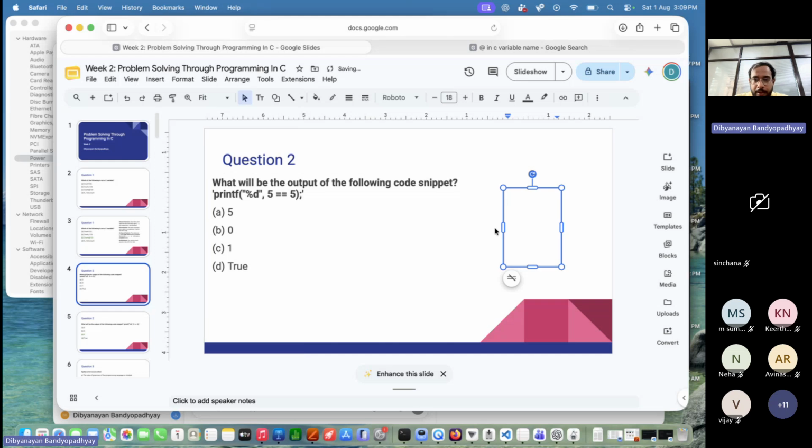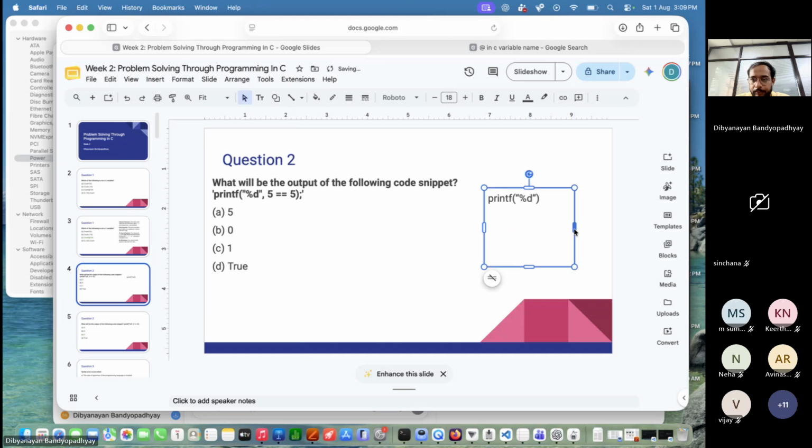Whenever a printf statement is written like this, let's say percentage d, and then 1, right? So what will be printed? This will print 1. Similarly, if you printf